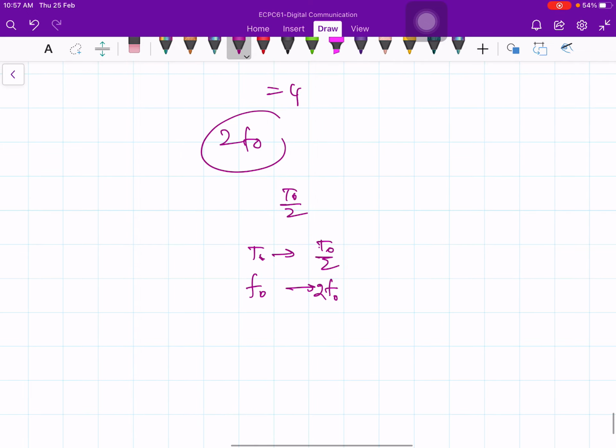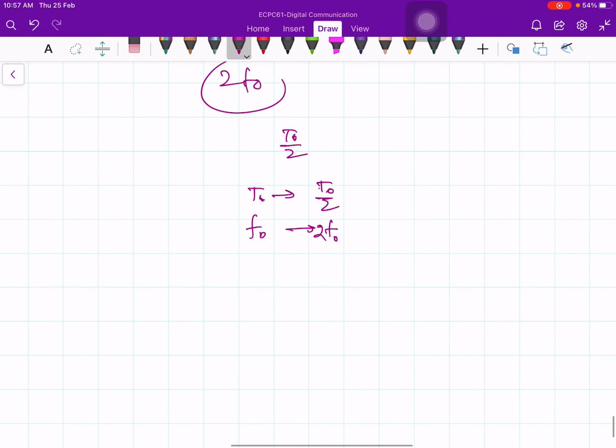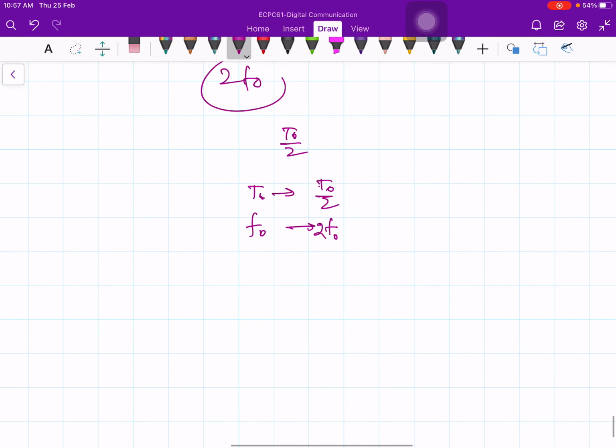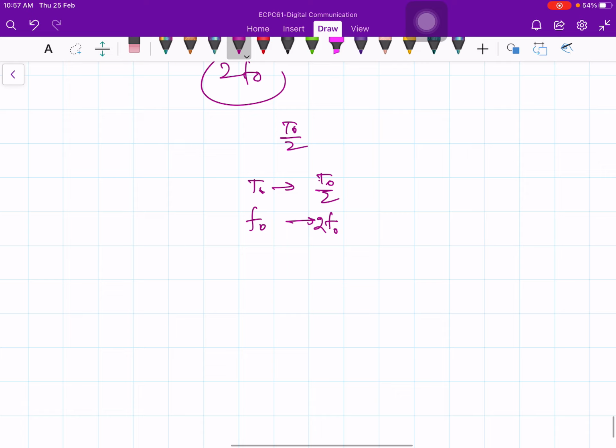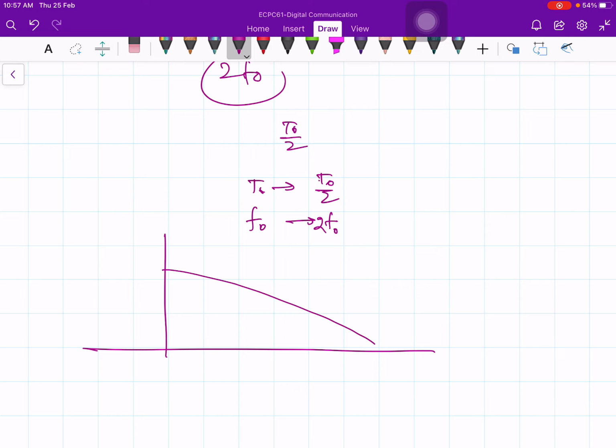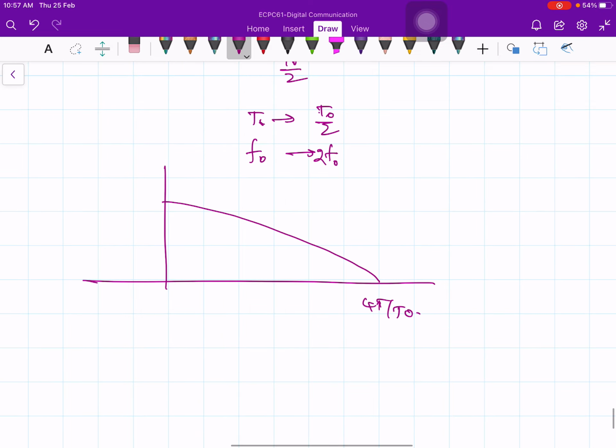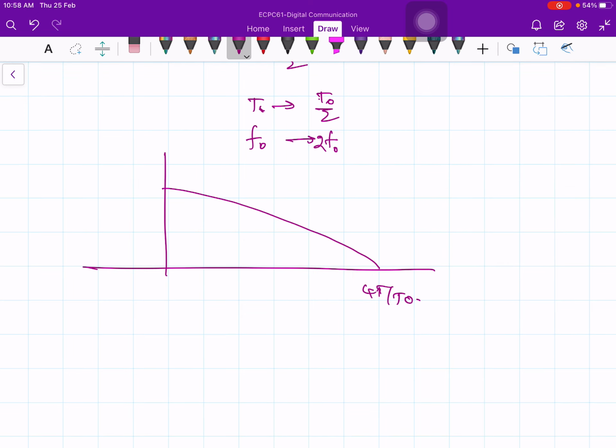So, it makes sense to expect the bandwidth should be doubled with respect to the polar scheme. Okay. Now, we are back to the bandwidth that we used in the unipolar scheme with respect to the rectangular pulse shape with a half width. So, your bandwidth is up to 4 pi by t naught, that is 2 f naught. Okay, and this was your polar scheme.